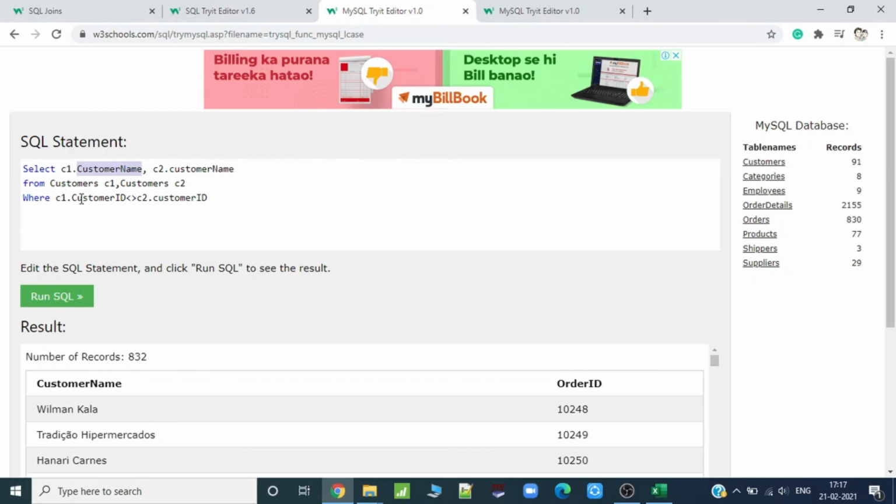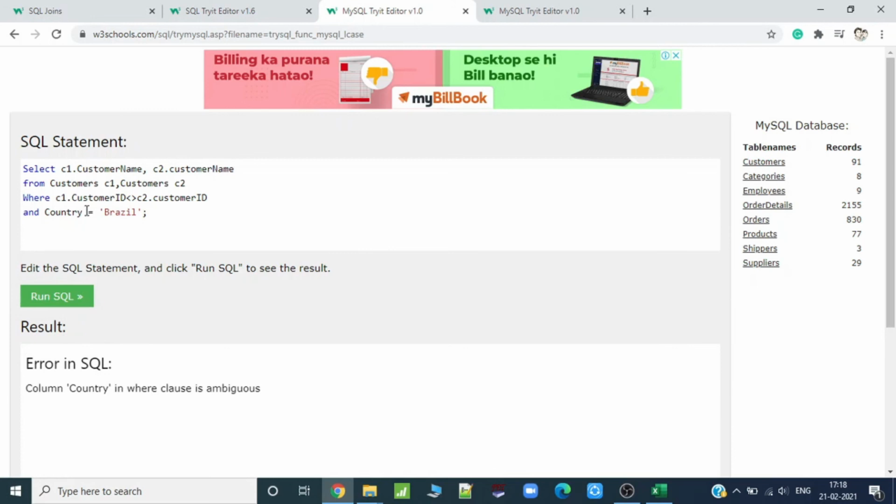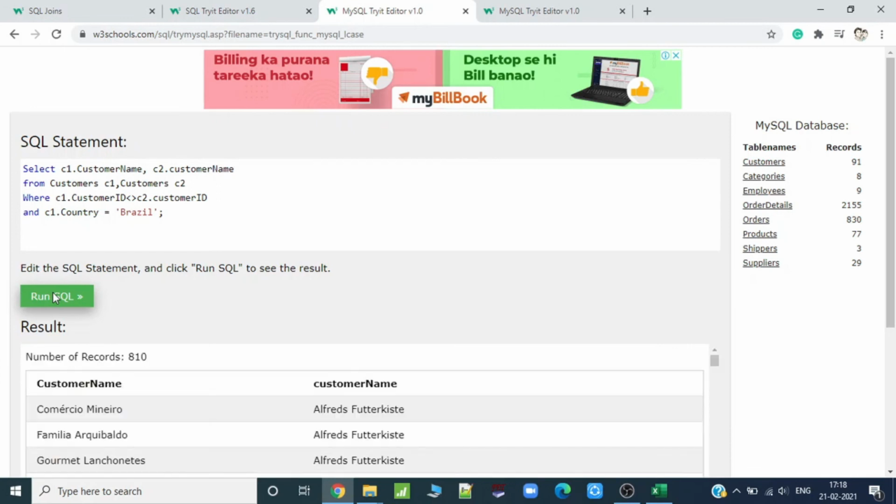So I'm using where C1 dot customer ID is not equal to C2 dot customer ID, and let's say country equals Brazil. So run SQL. I think yeah, it would be C1 or C2, any country, because country is present in both customers tables. So I have to specify which country I am talking about, right?